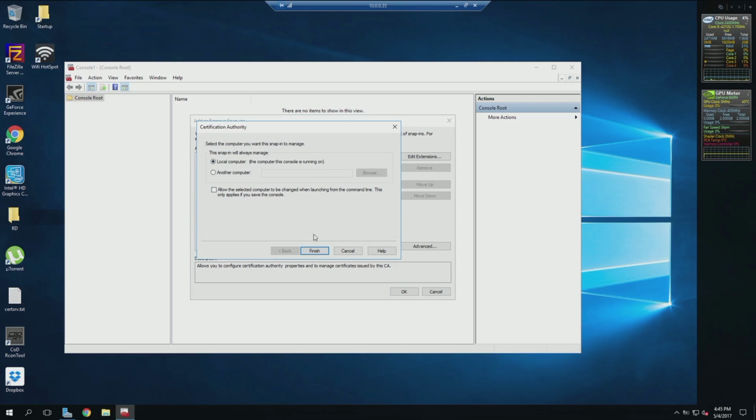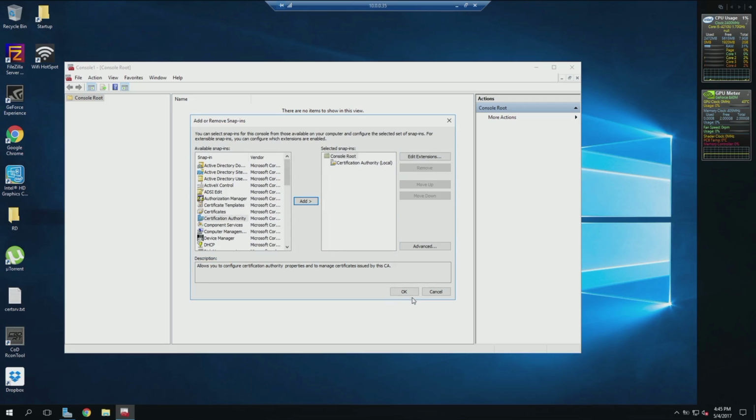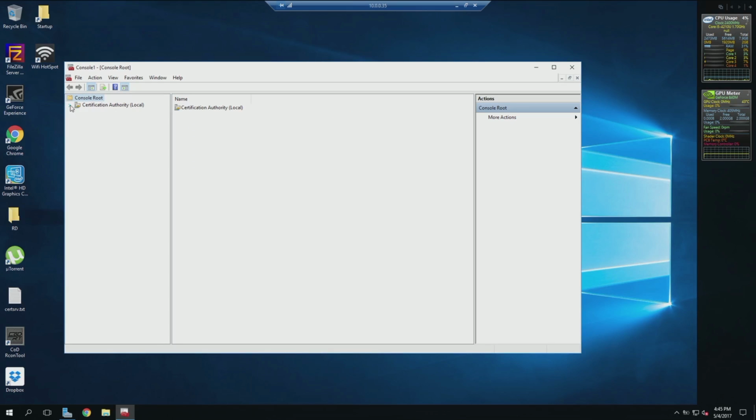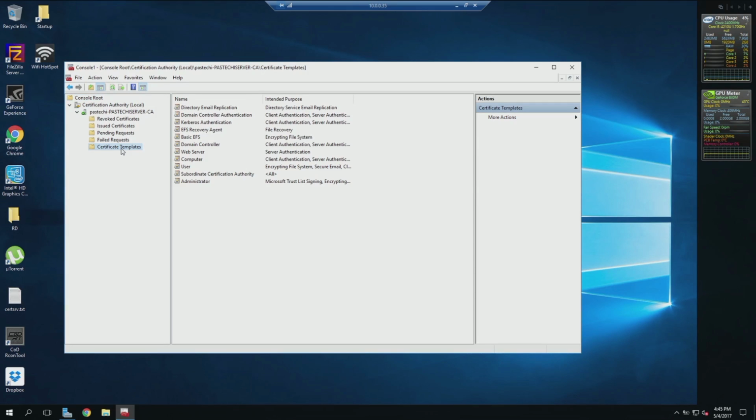We're going to choose Load Computer, Finish. Okay, now we're gonna expand this, and we're going to go to Certificate Templates, and in here we are going to right click, manage,